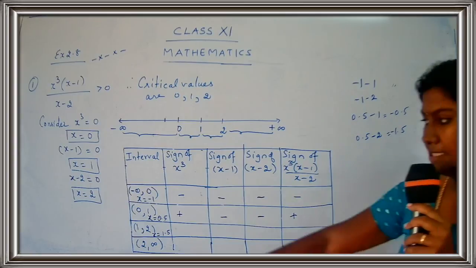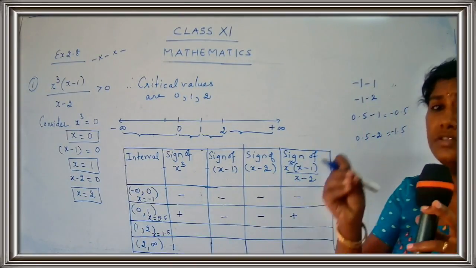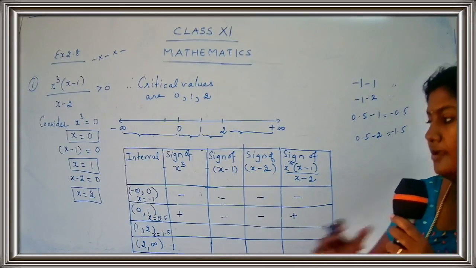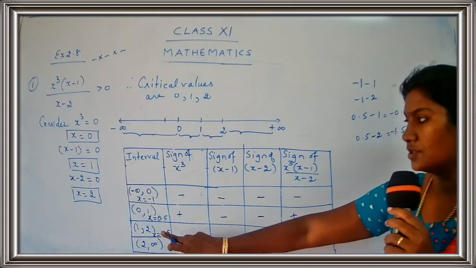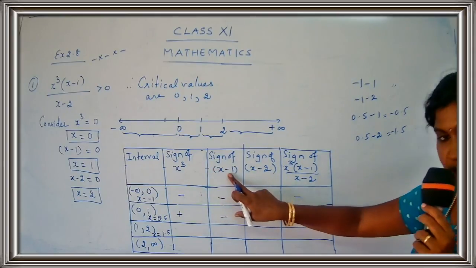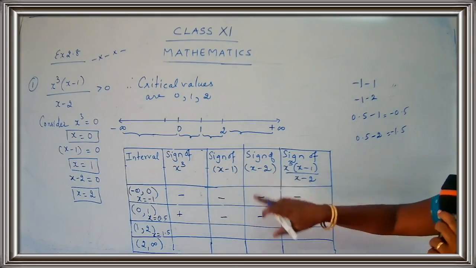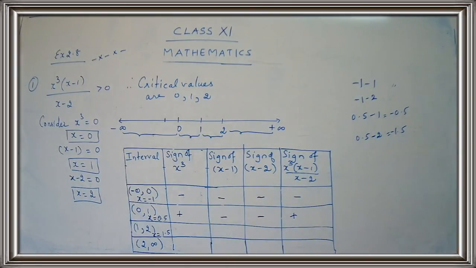So we had an interval 1, 2, children. Okay. So what are you going to do? You are going to choose a value between 1 and 2. So what are we going to take? We are going to take the value for x as 1.5. Okay children. So now let us get the value for x cube, x minus 1 and x minus 2. And once you find out these 3, you can directly go for the last part. Okay, come on, try out the work. Try out the answer.